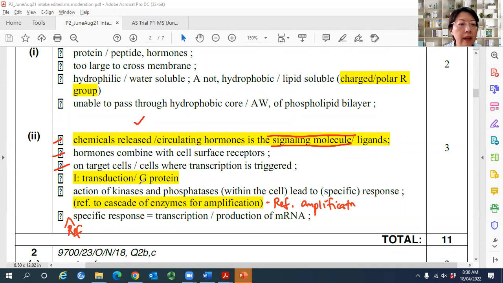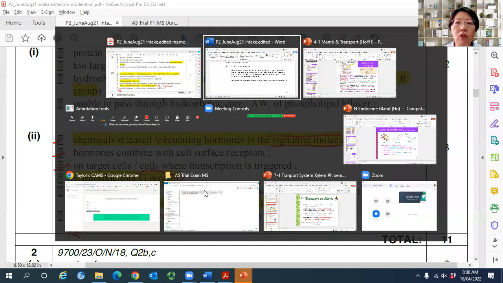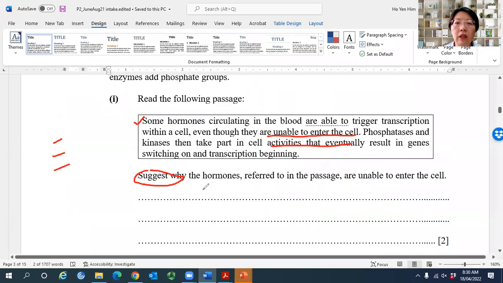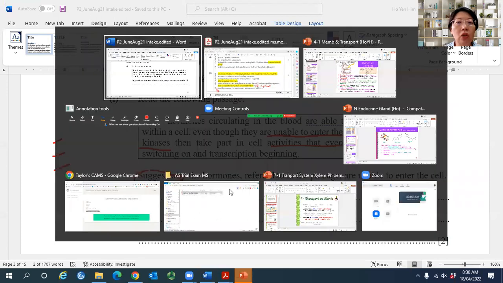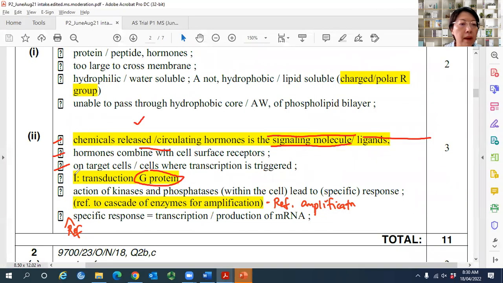Okay. Some of the students mentioned G protein. There is no G protein in the passage, therefore there's no mark given, because you need to answer the question. The passage also didn't mention secondary messenger, so there's no mark given. Mark is given if you mention phosphatases and kinases. So these are the enzymes involved in the enzyme cascade reaction to amplify the signal. So there's a mark given if you mention the action of kinases and phosphatases, which is actually a cascade enzyme reaction